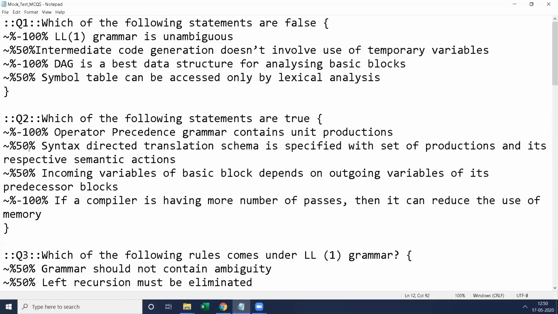So if he chooses both right answers, he will get full marks. If he chooses only 1 right answer, he will get half mark. If he chooses 1 right answer along with 1 negative choice, he will get 0 mark. So irrespective of the right answers, if he chooses any 1 wrong choice, automatically he will get 0 mark. Even though he chooses right answers, along with them, if he chooses 1 wrong choice, automatically it will allocate 0 mark.